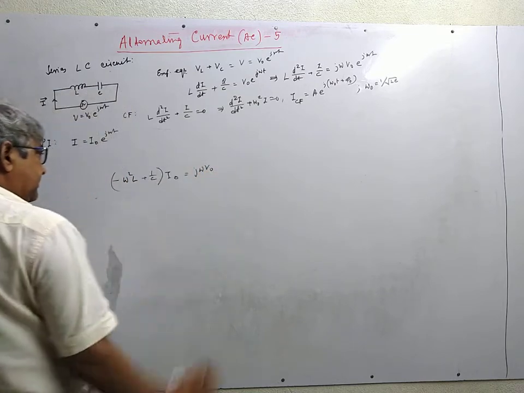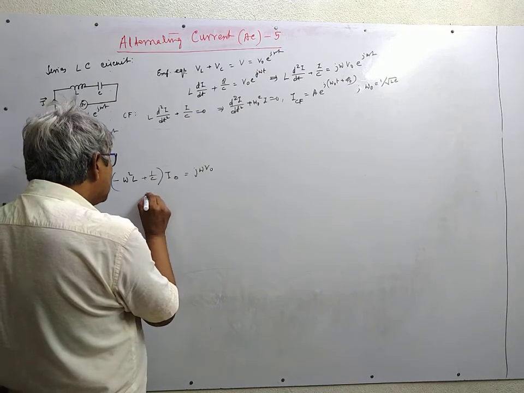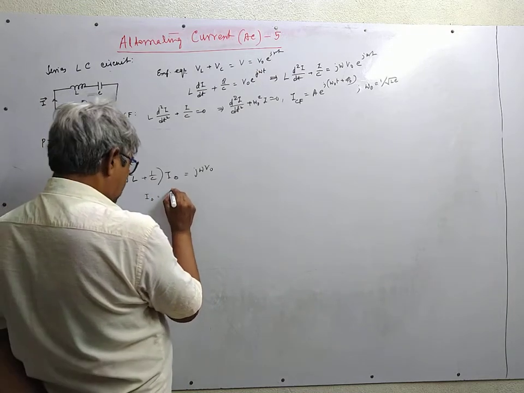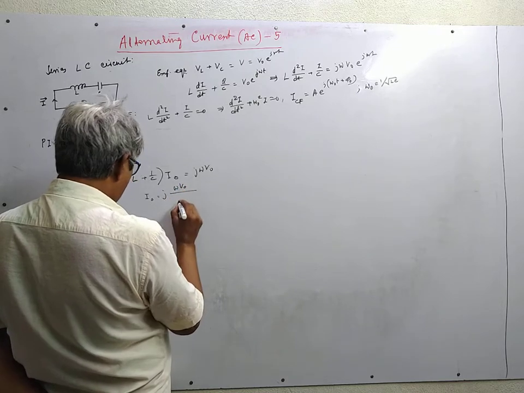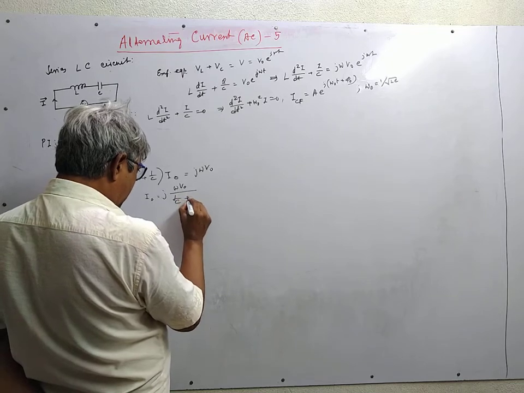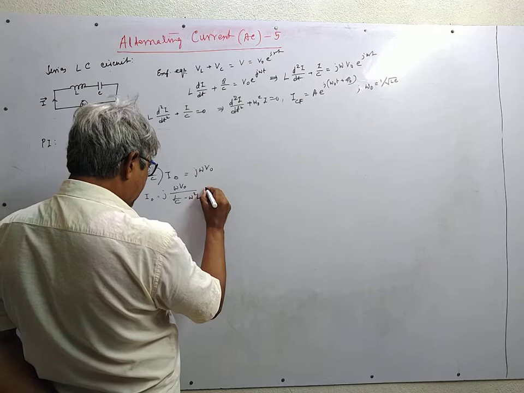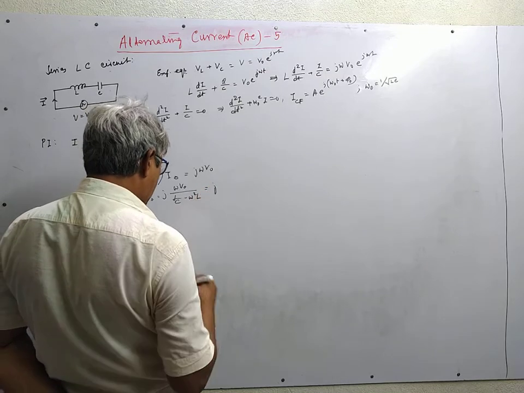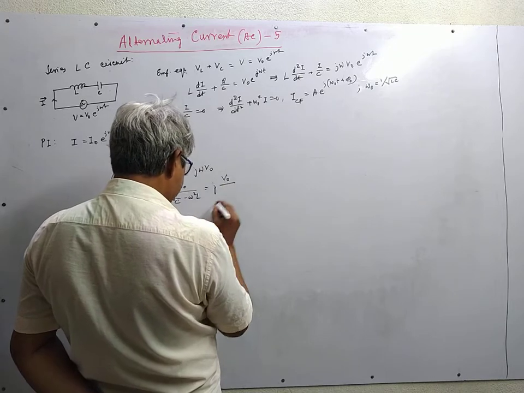We have omitted the e to the power j omega t part. So I0 is equal to j omega V0 upon 1 by C minus omega square L. This is j times V0 by